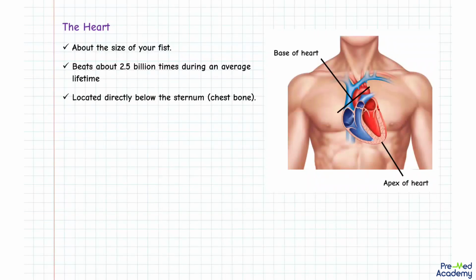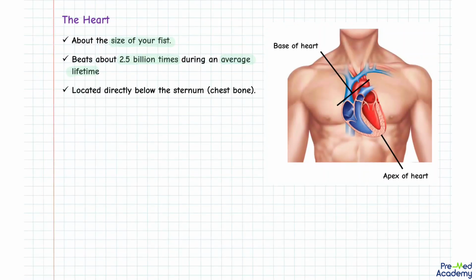Not much bigger than a fist, and weighing less than a pound, the human heart is a remarkable organ. It beats about 2.5 billion times during an average lifetime, pumping about 300 million liters of blood. To meet the body's changing needs, the heart can vary its output from 5 liters to more than 20 liters